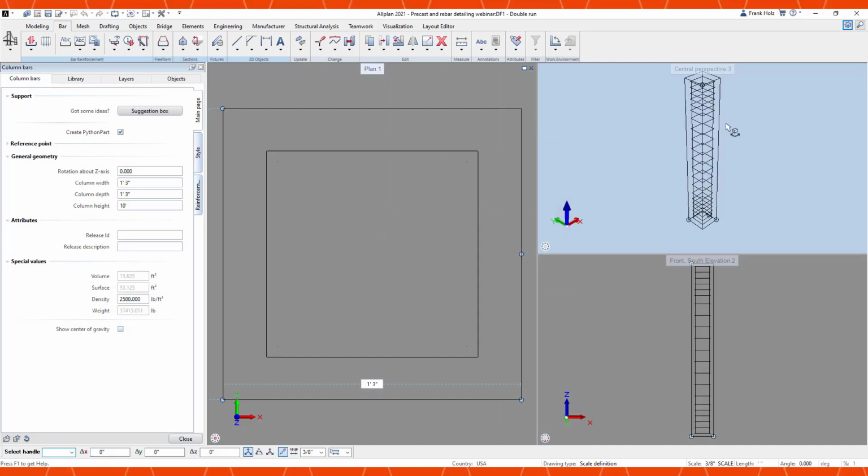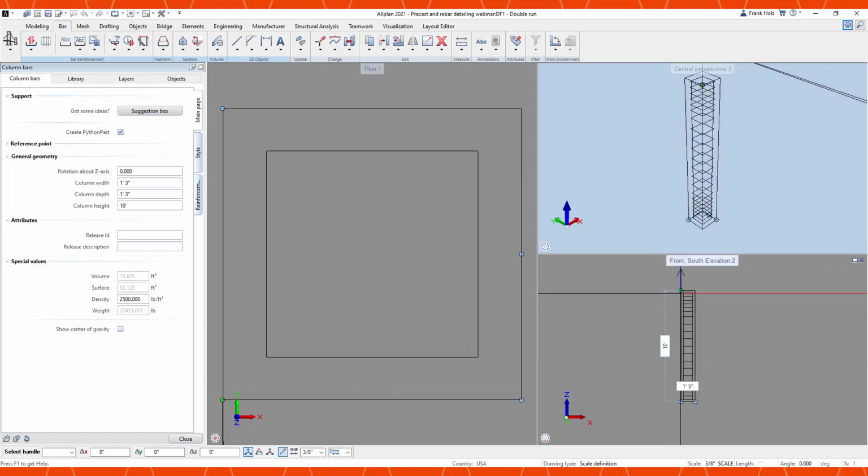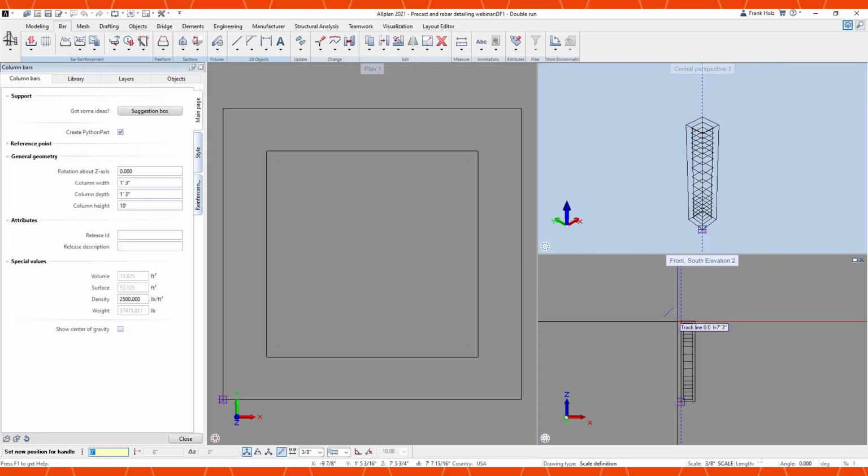Place this in my drawing. Now it's creating the 3D geometry for us, but this isn't necessary. We can turn that off. So if we have a column in our model and we just want to place reinforcement, we can easily take